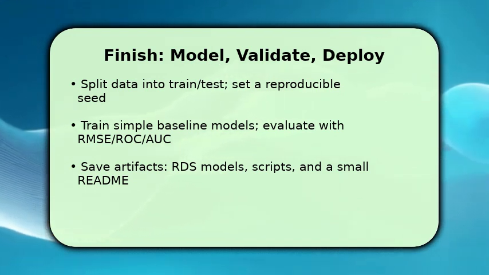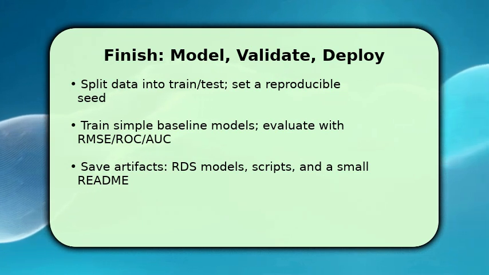Once satisfied, save the model object with saveRDS, export key transformation code, and write a concise README for reproducibility. If predictions drift or errors occur,